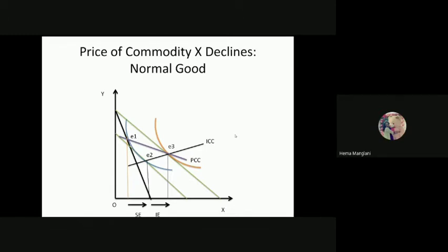Okay, so normal goods you can consider both ways, and I'm approaching here the X commodity as a durable good. Okay, that's a luxurious good. So if the price of X is declining, the more consumption of X would take place. Then we would start here with this black budget line. This black budget line is indicating that we have this E1 point and this IC1.